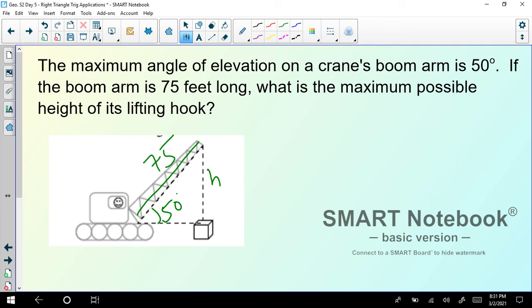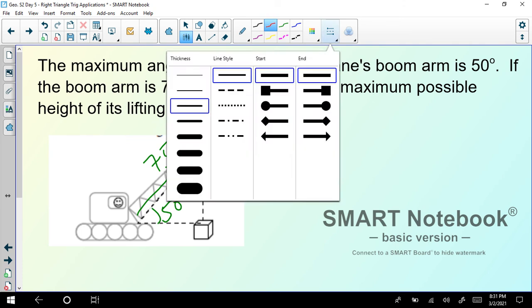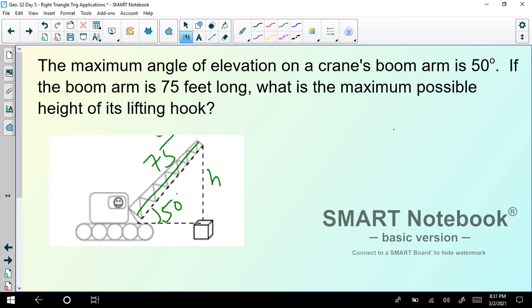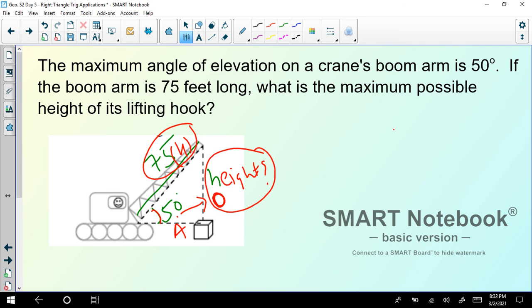Now we will apply the trigonometric ratios. We need to find the height. So first of all, label these sides with regards to the reference angle of 50 degrees. This is the 50 degrees reference angle. With regards to that, this is your opposite side, I'm just calling it O. And with regards to 50 degrees, this is our adjacent and this is our hypotenuse. The two sides which we need to use are the hypotenuse, because the number is given, and the opposite, the height which we have to find. We need to find the height, so we need to use the opposite.